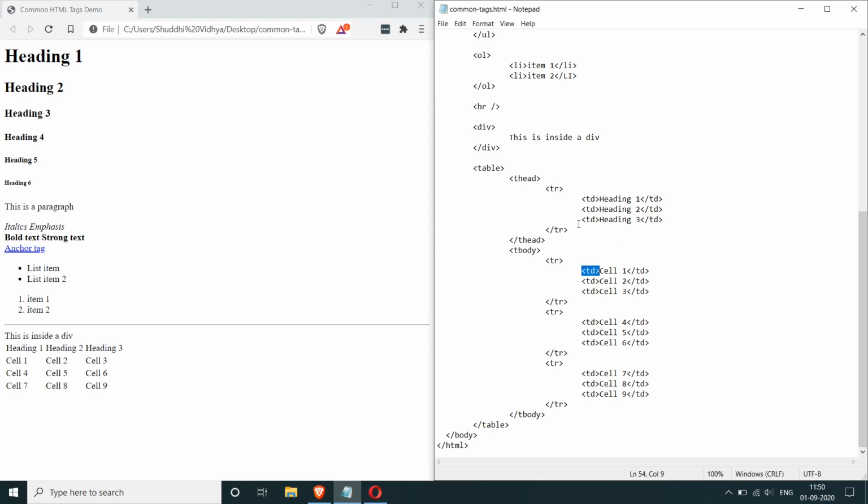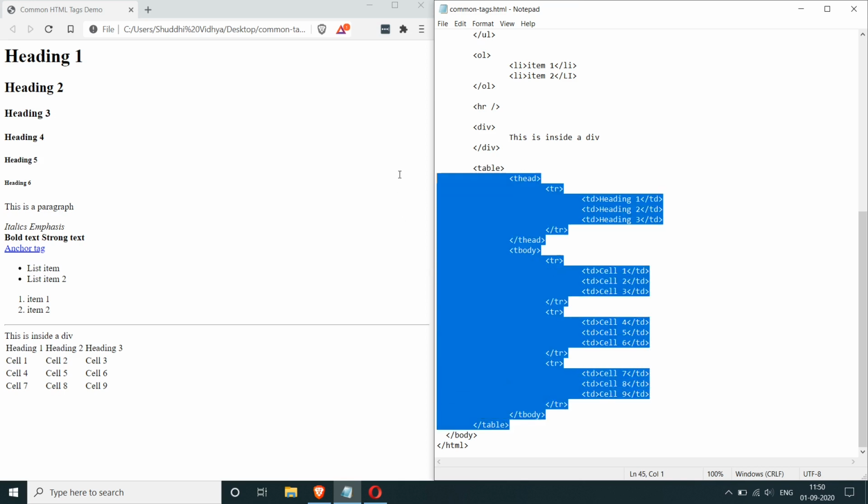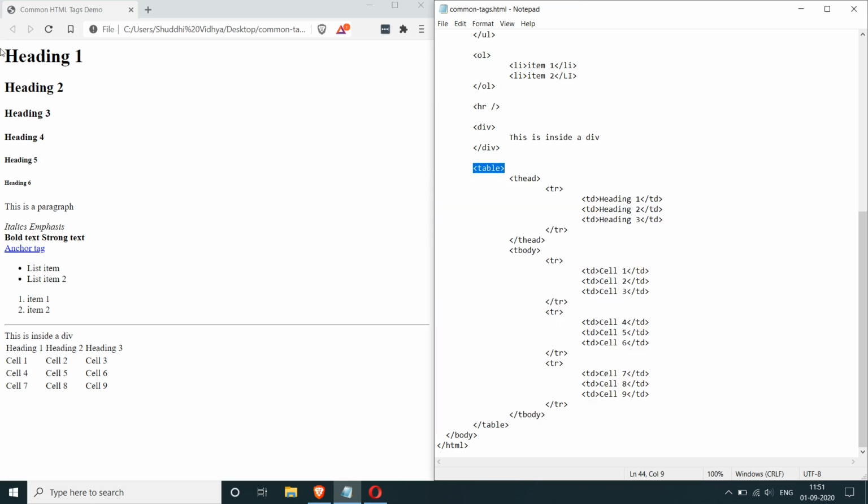And similarly over here also we have this TR marking the row of the heading, and then TD marking the cell within that row. And you have this T head, which contains the header, and then the T body, which contains the rows of the table. So this is the essence of a table tag. This is a very basic table tag. Now let's look at the other one.